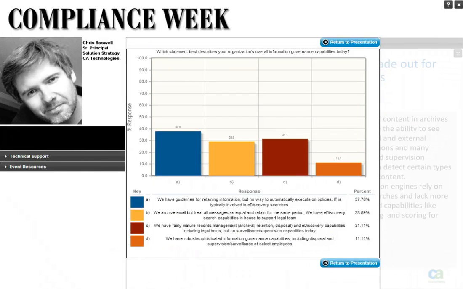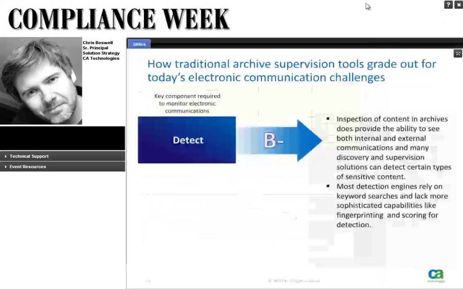So I mentioned that on the e-discovery and archiving side of the house, there are some organizations that have to do supervision of this and have had to. Financial services certainly are an example of an industry that, depending on the types of activities you're engaged in, such as broker-dealer, you have to have certain users, brokers and dealers, registered representatives that are monitored. You have to do some kind of supervision today. So we'll take a look at those tools.